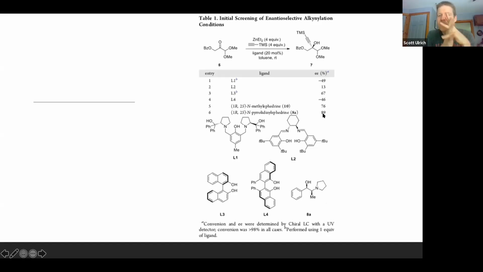So why do you think that some of the EEs are negative? I was thinking it might be that it said they used the chiral LC with a UV detector. Okay, never mind. That doesn't make any sense. I thought it might have to do something with that, but